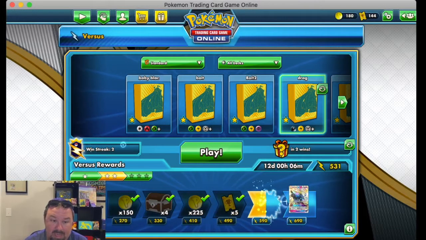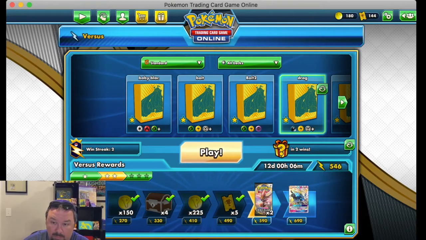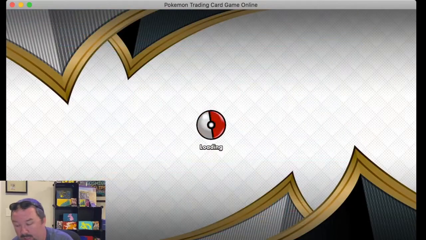All right, last match. Let's see if we can end it strong here. We've won 2 in a row. Let's see what one more match will do for us. If we can win 3 in a row, I am going to give away